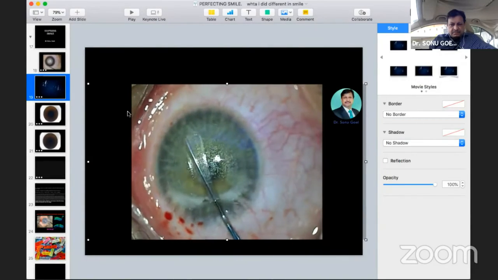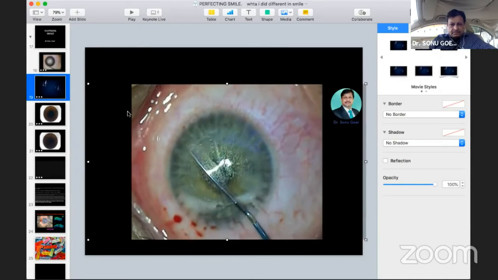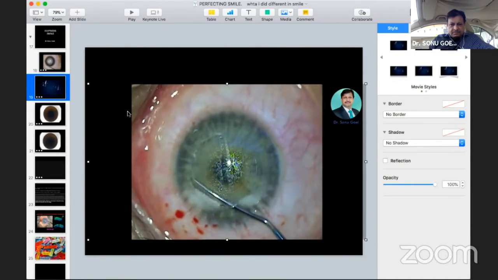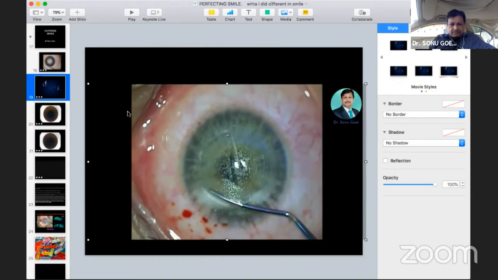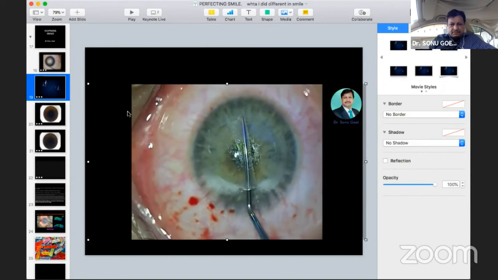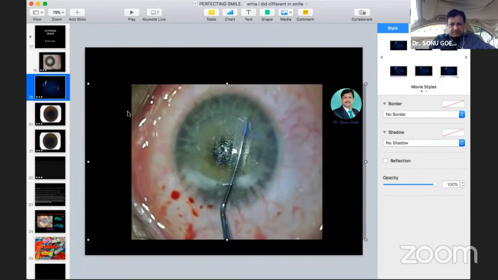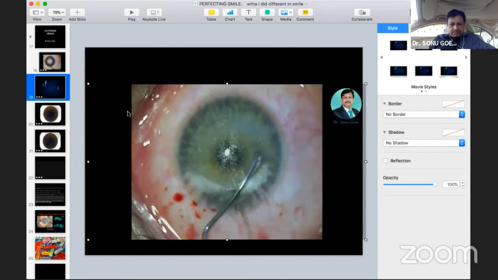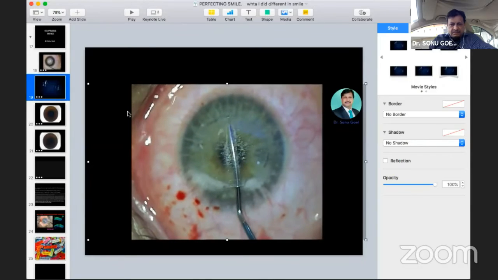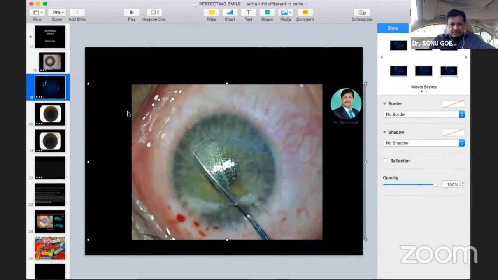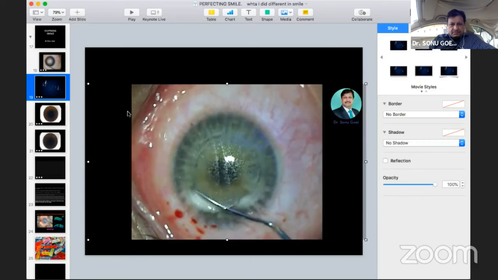And I am doing the cap dissection. If you see here, this is a smooth dissection here. Very carefully, I go to the right side. So yes, we have separated the cap carefully. I go now underneath, and this is the bed, and I leave a pillar here, and I do the rest